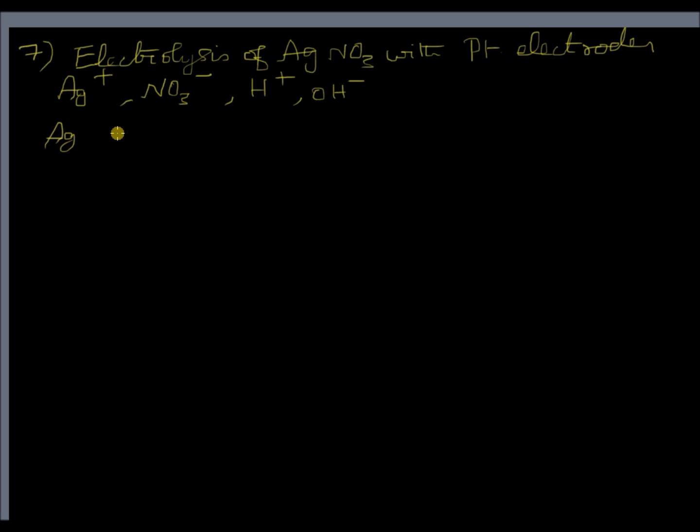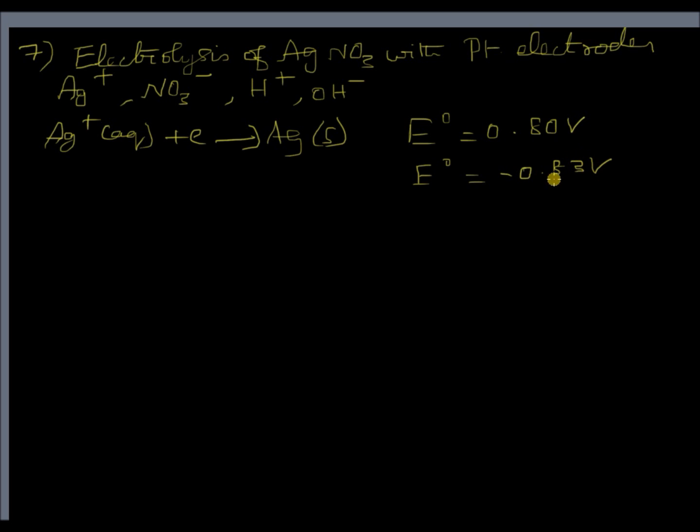The E naught value for aqueous Ag+ to get reduced to silver atoms is 0.80 volt, and you know the value for reduction of water, E naught value, is minus 0.83 volt. So the product is